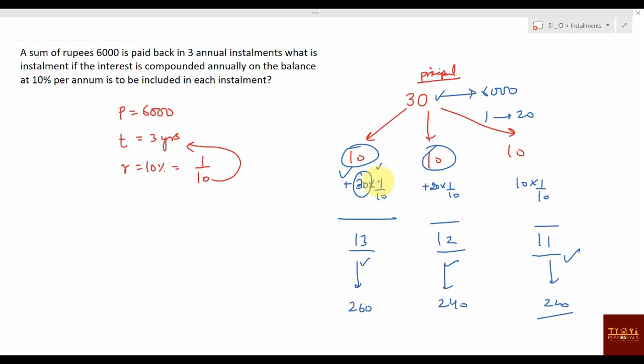For the next month, 10 rupees you have given as an installment toward the principal. So what will be the remaining amount? 20 rupees, which means you have used 20 rupees for the next 1 month. Now again next month only 10. Okay.